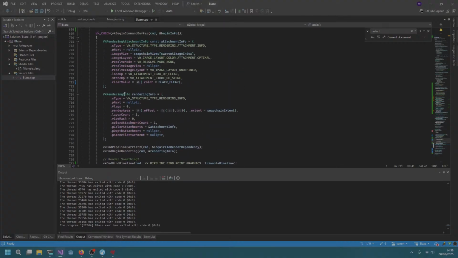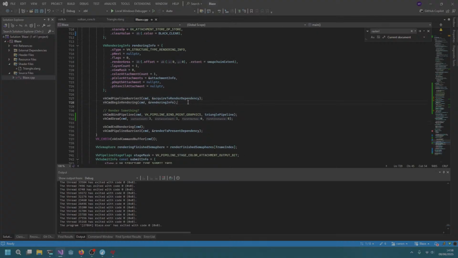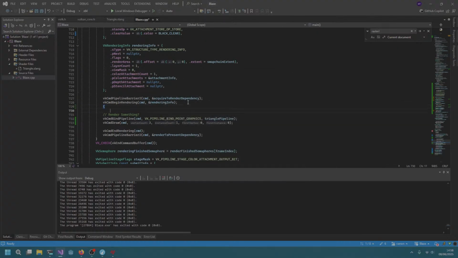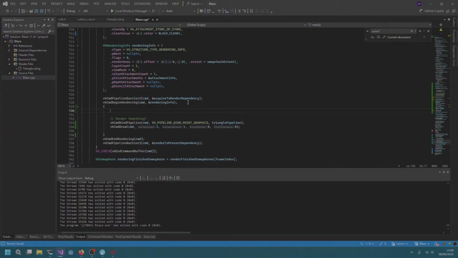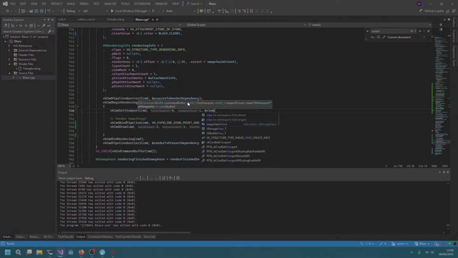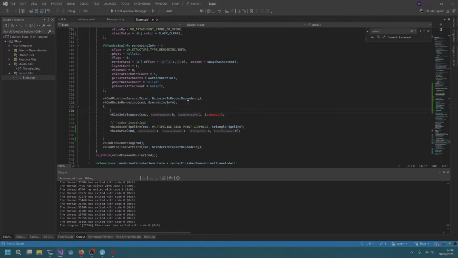So once we start with the rendering, so rendering has started here, begin rendering. We'll put the braces, as I said, I like the indentations between these. So after begin rendering, we can do vkCmdSetViewport. It will take the command buffer, the first viewport, which is 0, the viewport count, which is 1, and it will take the viewport. VkViewport equals,